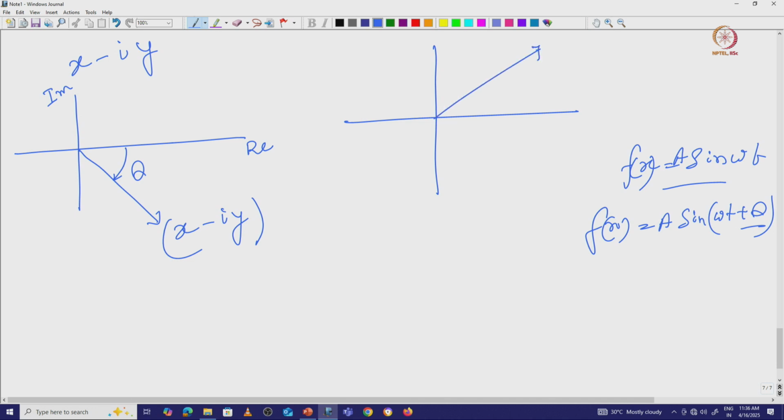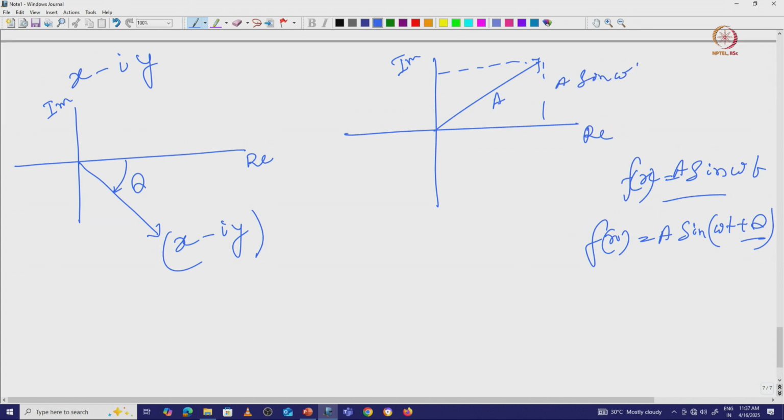So, we will represent these things like that. Its amplitude we have to represent, as well as your imaginary line and your real line. This one we already represented a couple of times, that this is A sine omega t. If we just draw this one, based on that previous one, r sine omega t or r cos omega t, we can represent it the same way, omega t, or A cos omega t. Okay.